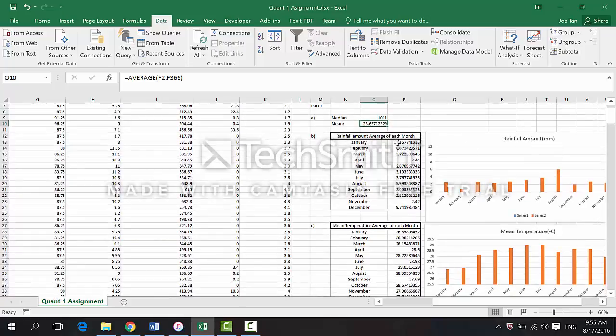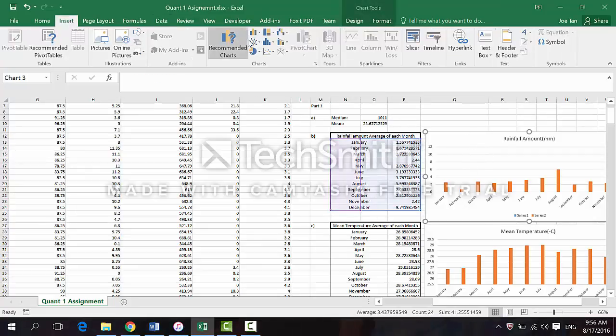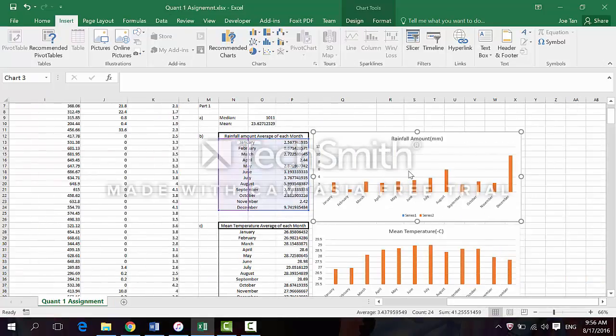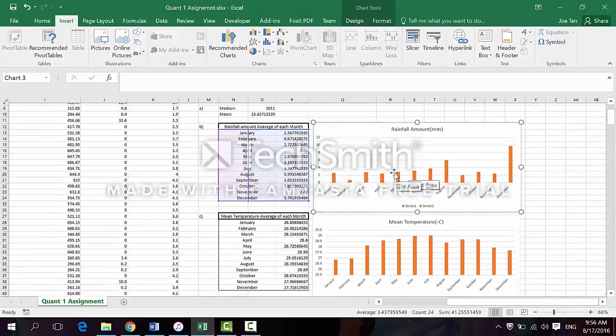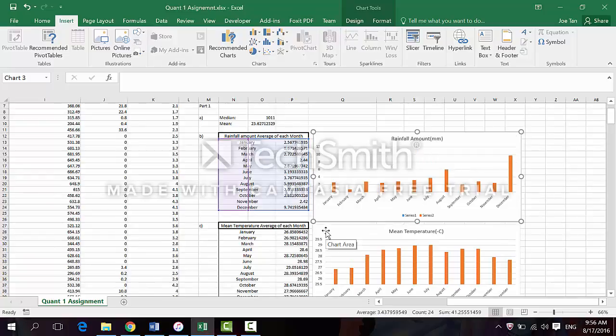So I will separate every single month according from the raw data and compute to their monthly input. So after the monthly input, I will combine everything, and I will just put under insert the graph, just highlight, insert the graph, and it will appear for me in this graph format. It will same goes for the part C question. Why we are doing this is so that we are able to know what is the highest point that they have used at an average amount of